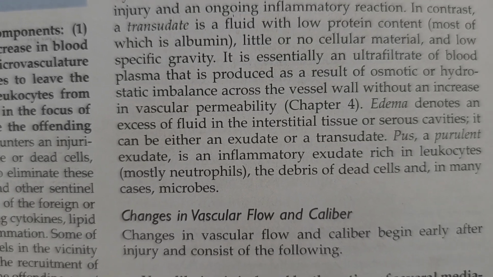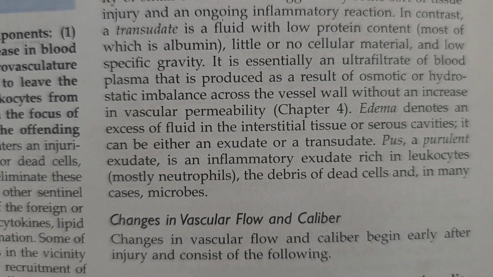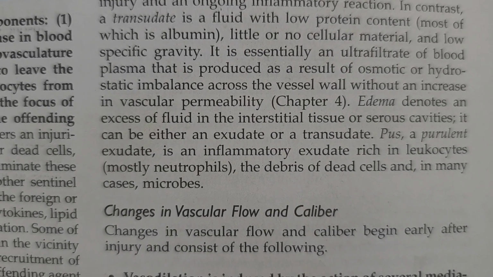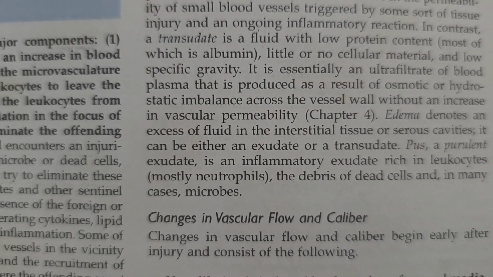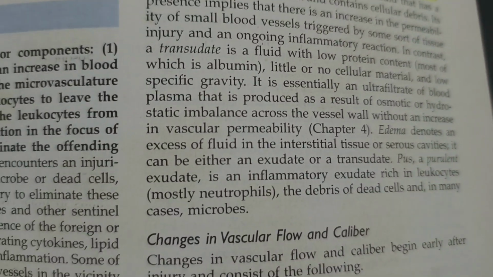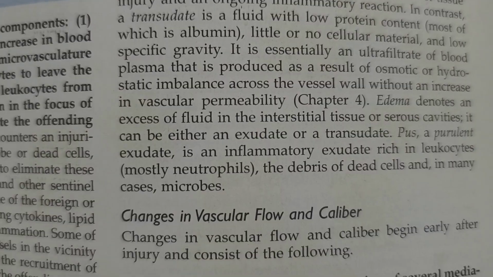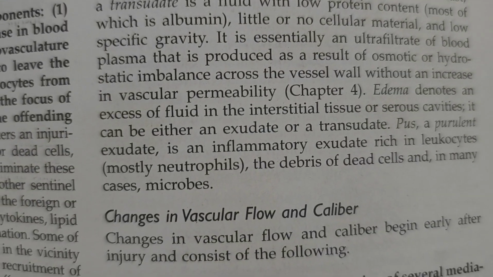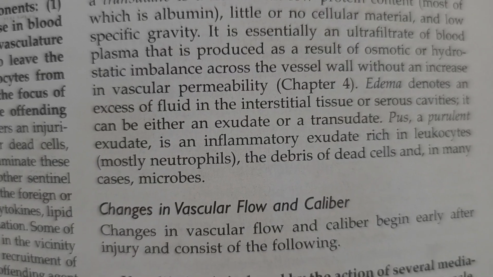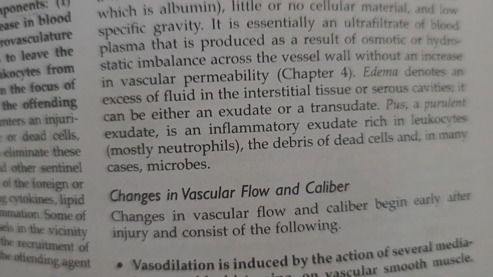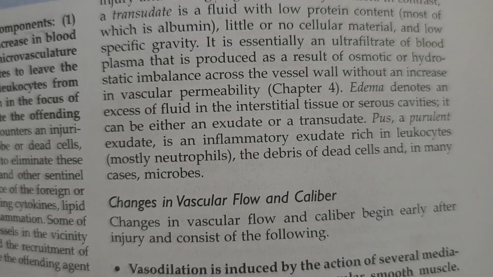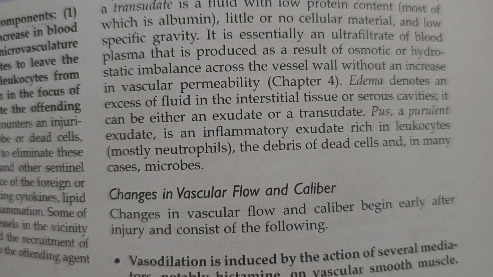In contrast to exudate is a transudate, a fluid with low protein content, most of which is albumin, little or no cellular material, and low specific gravity. It is essentially an ultrafiltrate of blood plasma that is produced as a result of osmotic and hydrostatic imbalance across the vessel wall